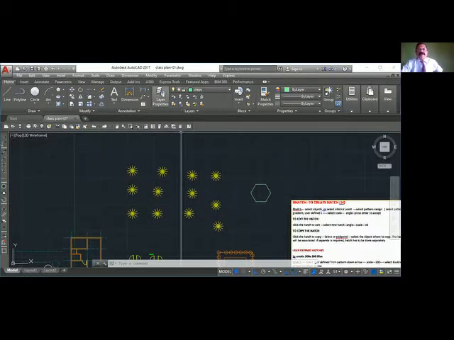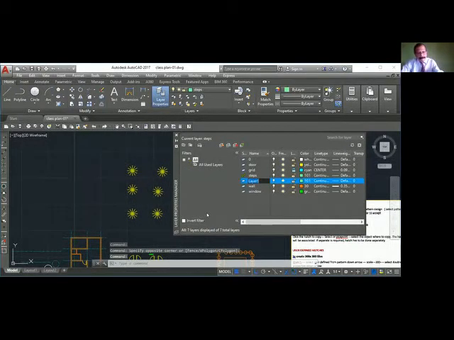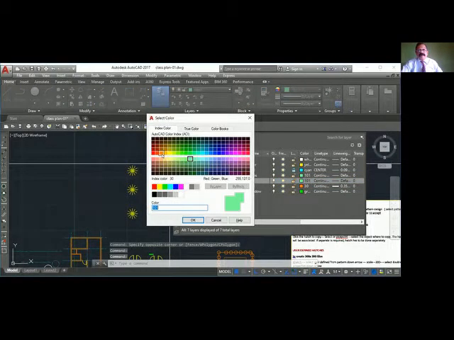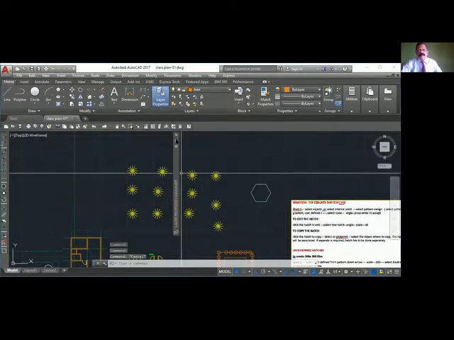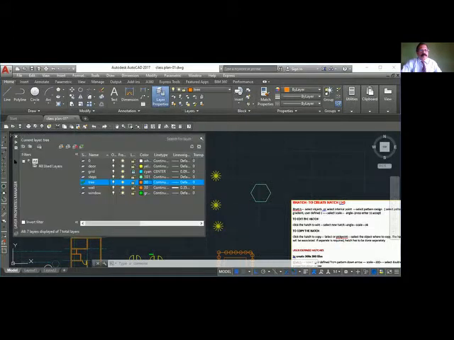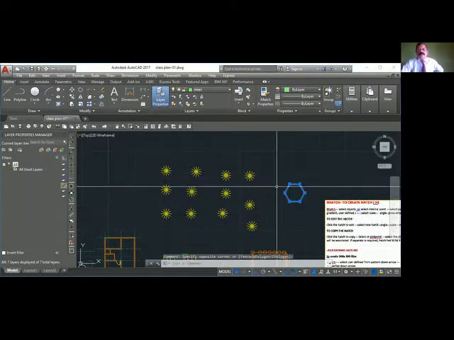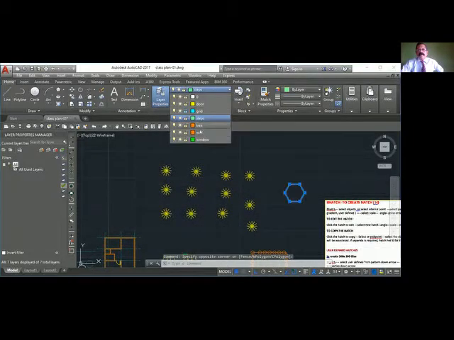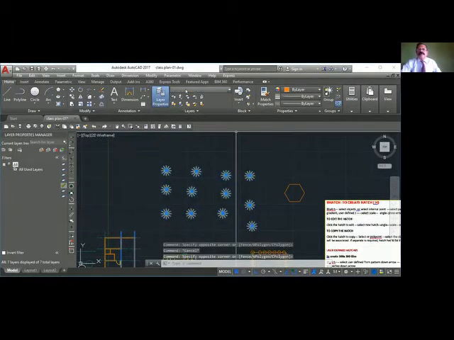Now I will create a new layer, tree. Just give a color, whatever color you want. Okay. Now this should be in the tree layer.